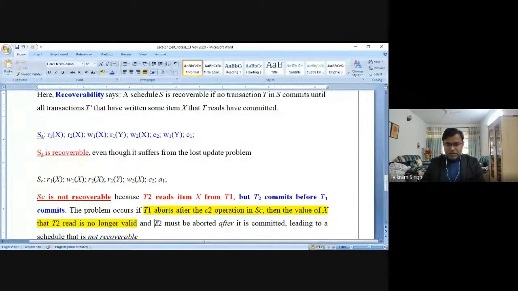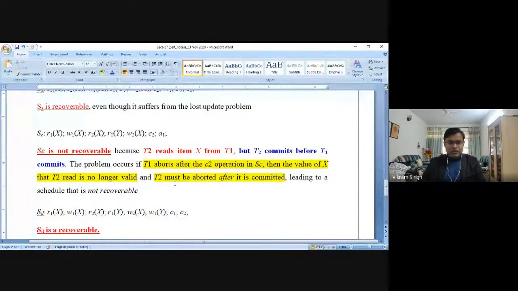This is required because the value on the basis of which T1's operation started, the state of item X itself, is invalid, because transaction T1, which modified it and which read it prior to T2, is already aborted. It already failed. So that's why you cannot claim this kind of schedule is recoverable. This schedule cannot be recovered. The values of these kinds of arrangements cannot be recovered. So for this kind of arrangement, we have this second operation called rollback, right?